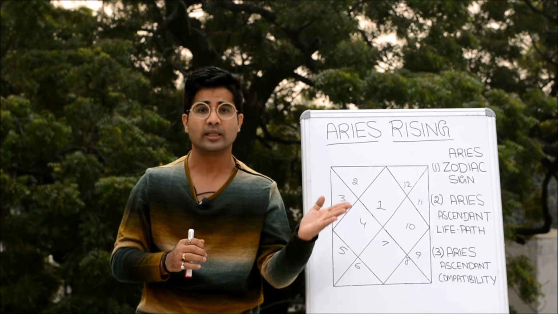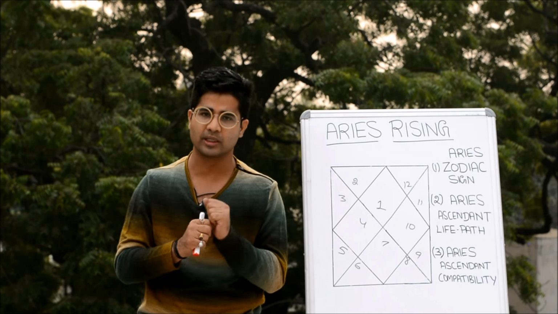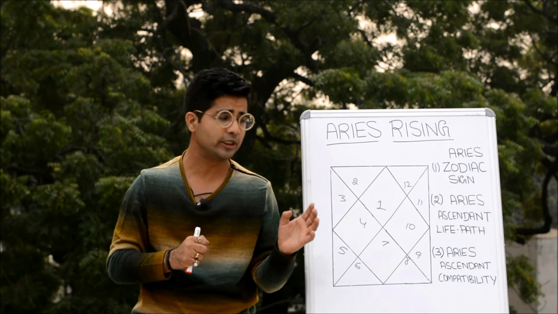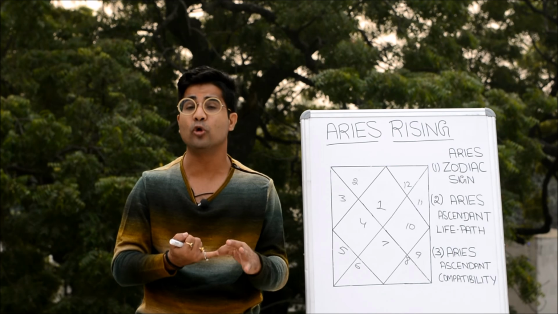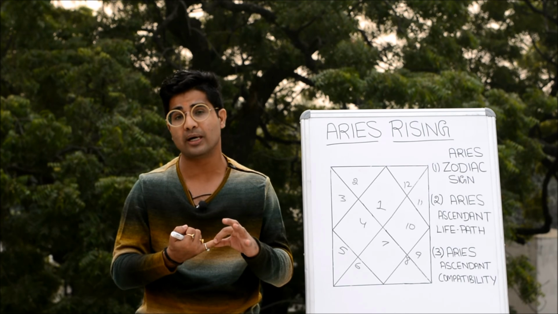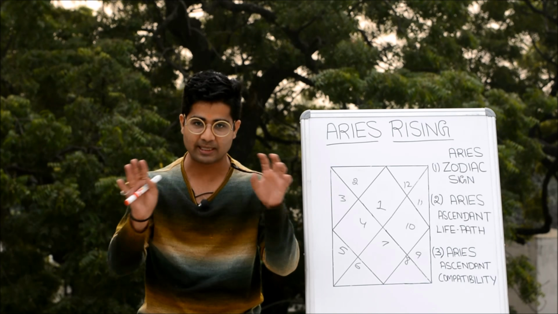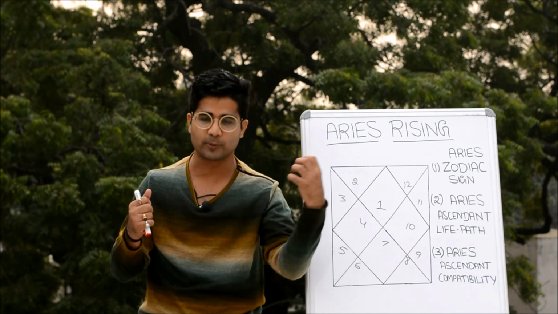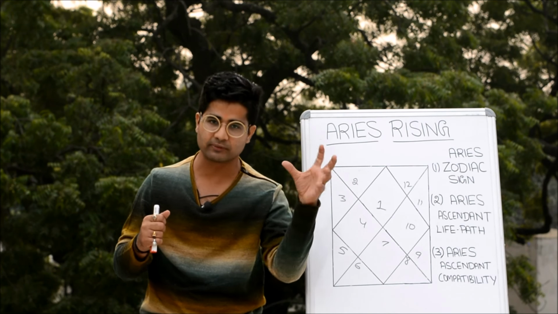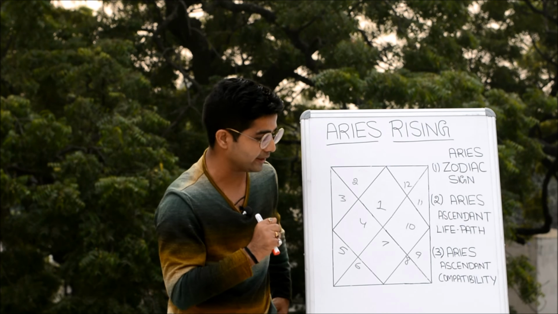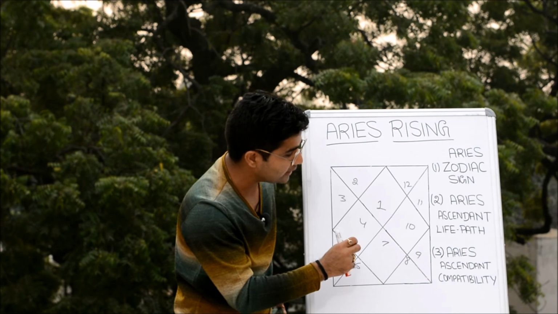When it comes to the enmity with the different ascendants, they do not get along well with the Virgo rising, the Virgo ascendant people, as well as the Scorpio ascendant people. Because of the same Martian energy, they do not get along well with the Scorpio people, as well as the Virgo people, because of the Mercurian quality inherent in that.